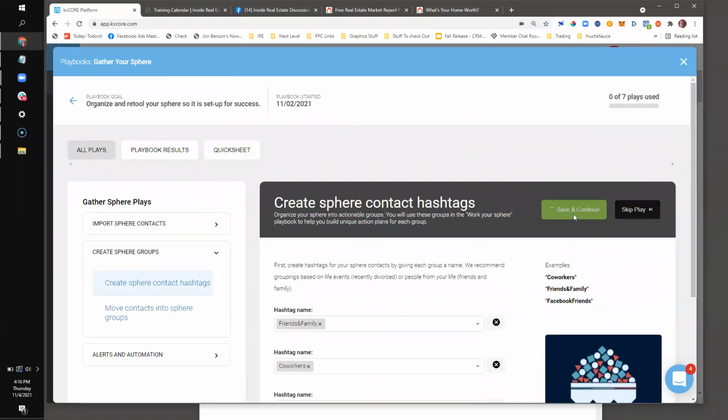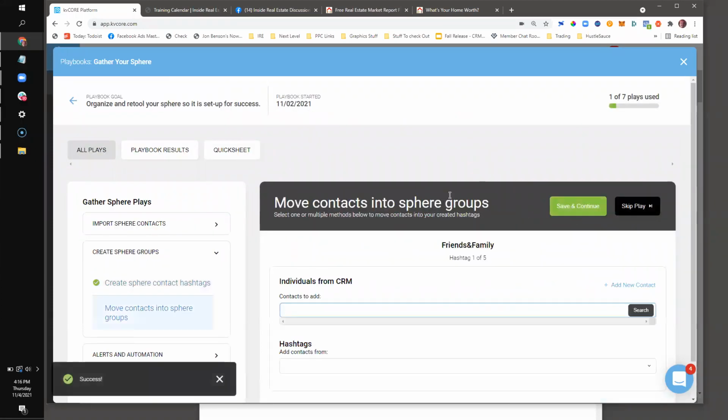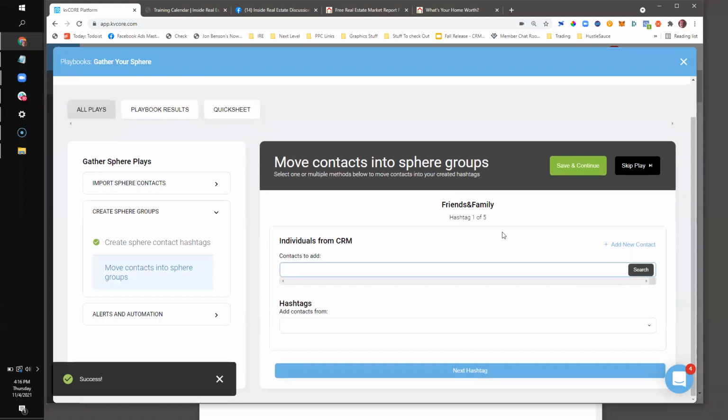So I might say, hey, let's make a category for that. And this kind of tool will make me jog my memory and add those people in here. So I'm going to hit save and continue. So I've added the hashtags. Simple labeling for the hashtags is all. It's a good simple way to look at it, just saying kids, friends, family, and just knowing exactly where that's leading to is a big part of making it easier on yourself. The hashtags are just one of the best tools here.